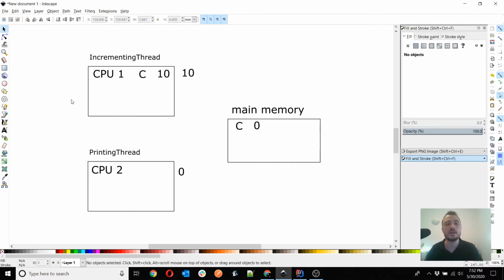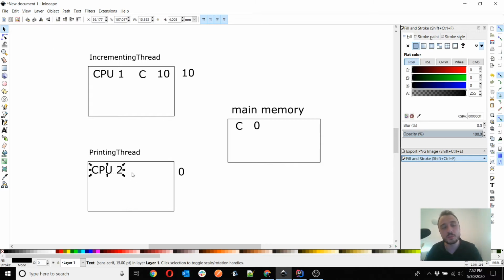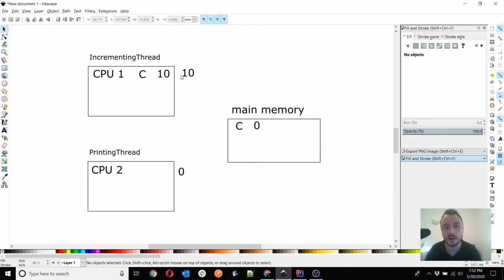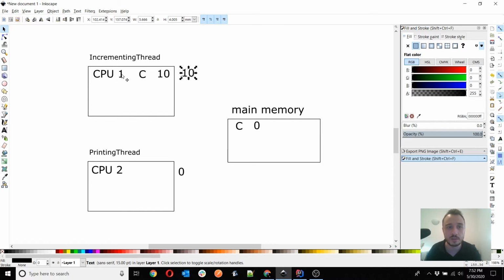So that's why when printing it out from the printing thread that accessed the value, instead of printing 10 after the 10 iterations of this thread, because the change now is not in the main memory, but it's only at the buffer memory of the CPU where the incrementing thread is running, instead of seeing the value 10, you will basically print value 0.